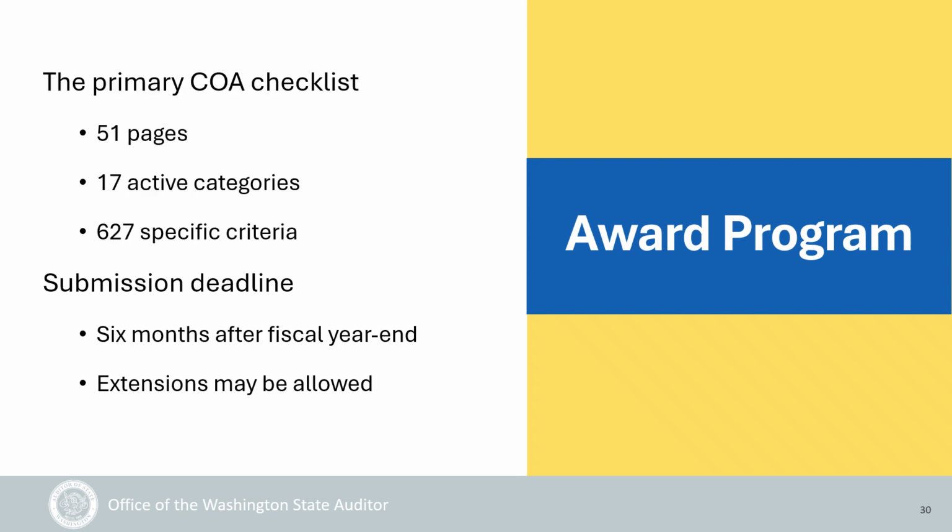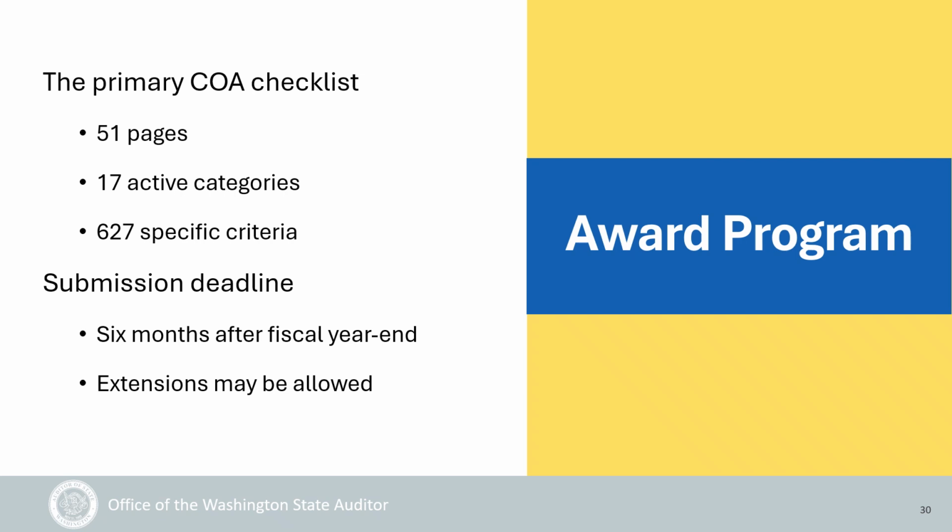The awards program checklist includes 51 pages with 17 active categories and 627 specific criteria points, and they must be met in order to win the award. Now, not all of the categories or criteria may be applicable to your government because it does depend on the activity that your government is engaged in. The award program